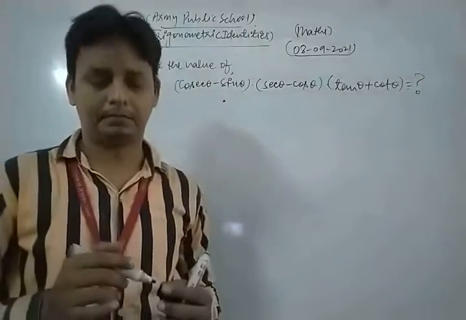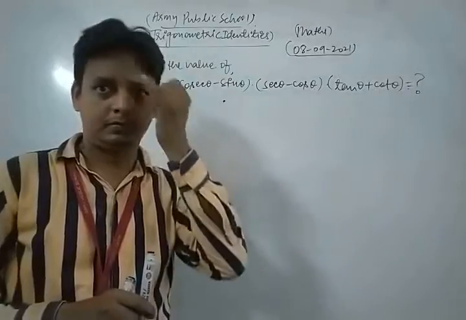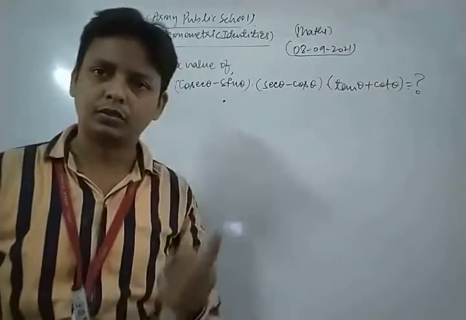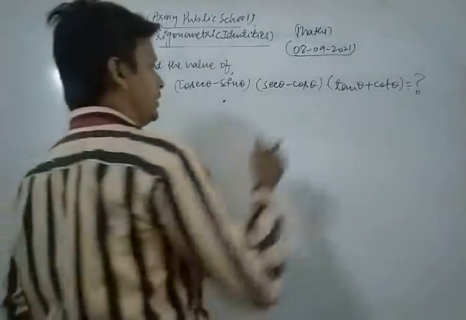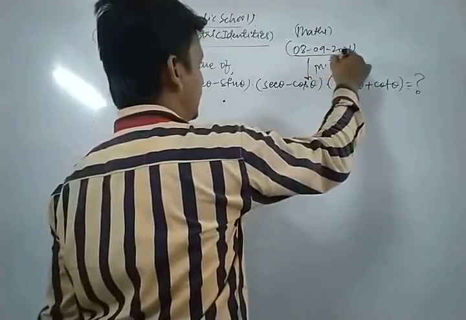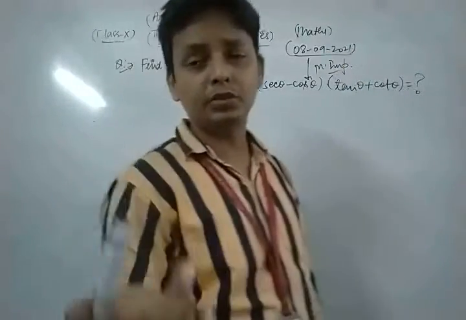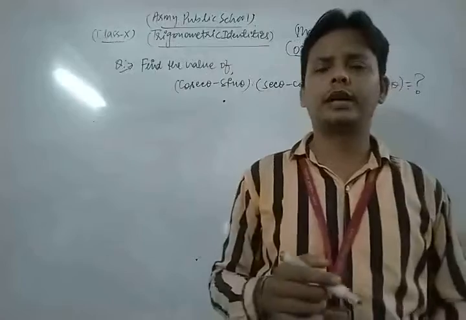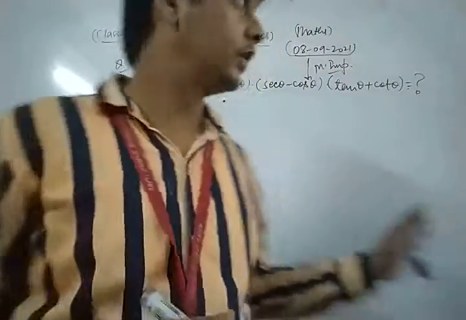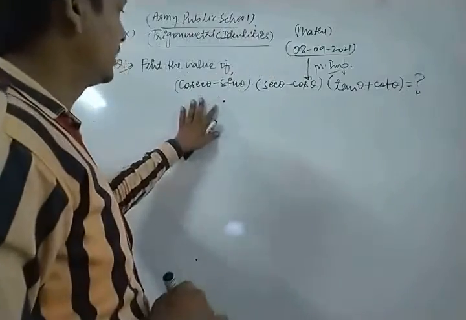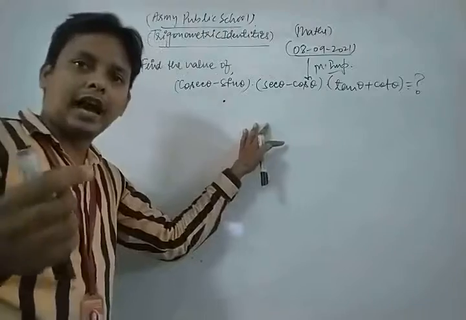You find the value of this expression. This is a very, very important question, the most important type of question, based on MCQ types of question, dear friend, because MCQ types of questions always come in that type. Now look, this is an MCQ type of question based on identity.